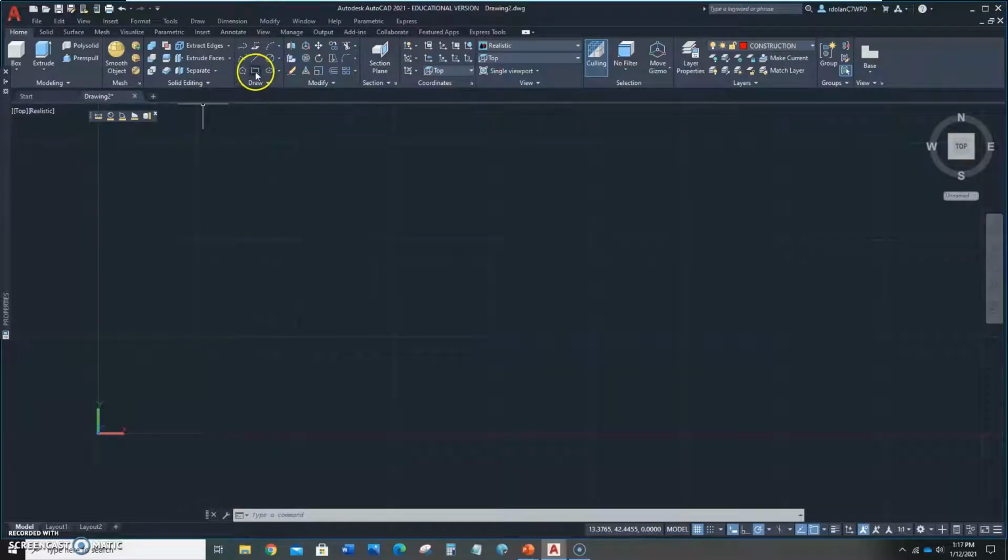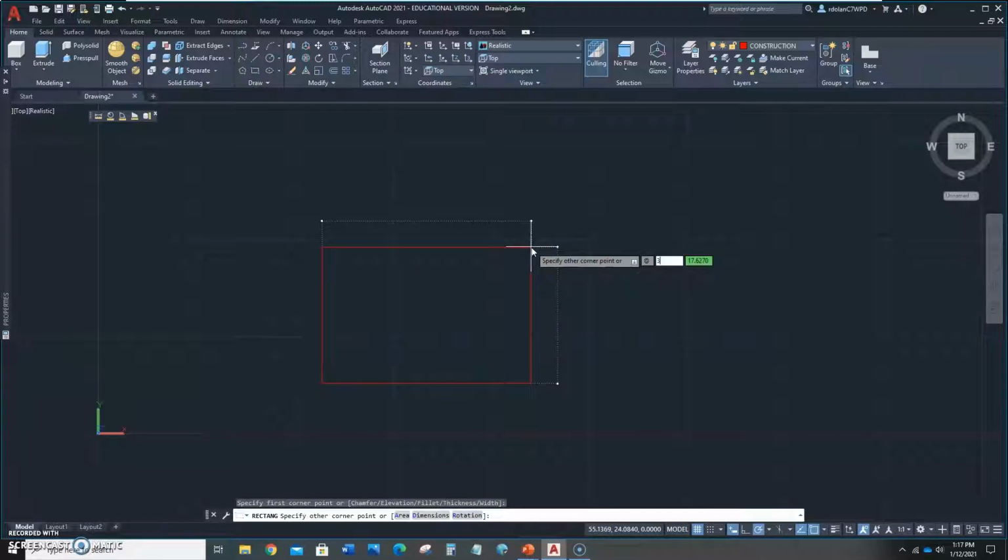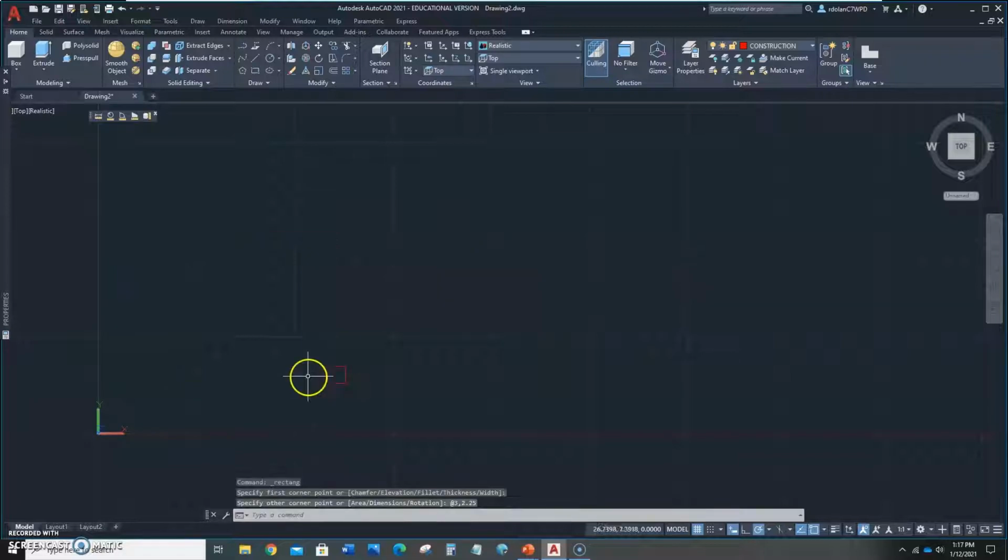So I'm going to go up here to rectangle. I'm just going to pick any spot. I'm going to type in at 3, 2.25. Okay, so we have a rectangle 3 by 2 1/4. Alright, now what we're going to do here is we're going to create the